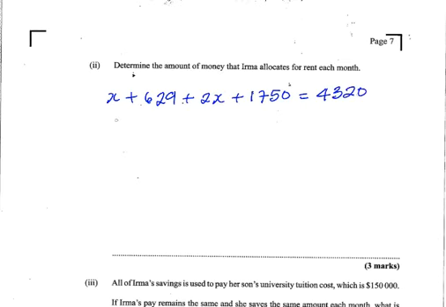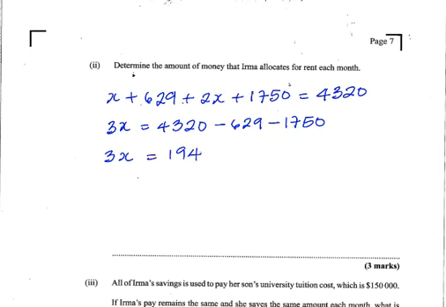We add these up and get 3x equal to 4,320 minus 629 minus 1,750. So now we have 3x equal to 1,941. Divide this by 3. We get x, the amount she allocates every fortnight for rent, equal to